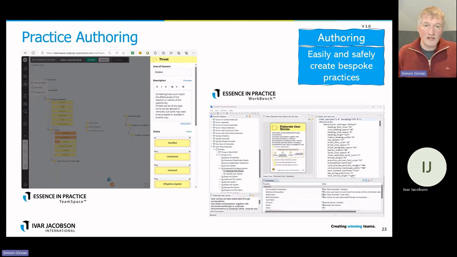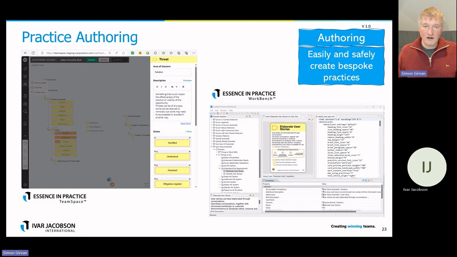What does practice authoring look like? Well, you can just use PowerPoint and Word documents and draw pictures and create cards like that if you really want. We use tooling for it. We've got two different kinds of tool. Teamspace that you'll see later in the demonstration is a nice way to author, especially within a team, making those small changes, customizing changes that only live within my team's environment. They're not global across an organization.